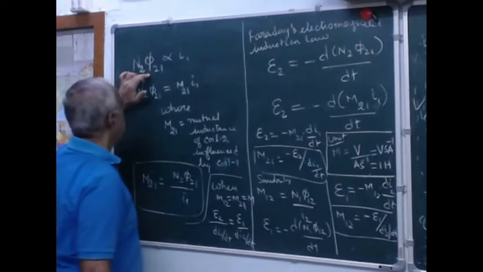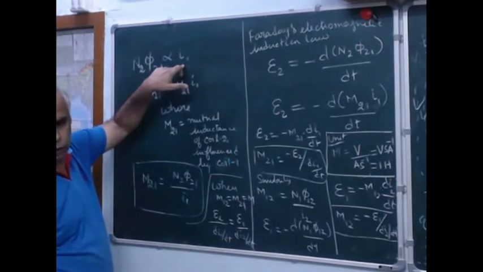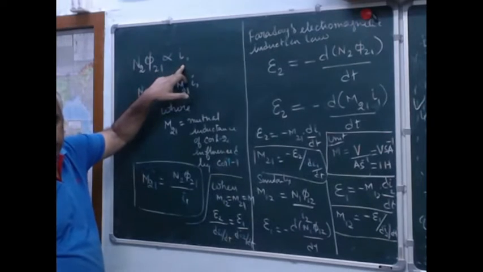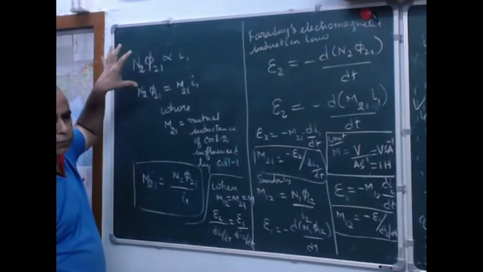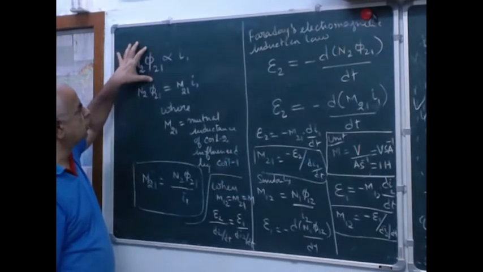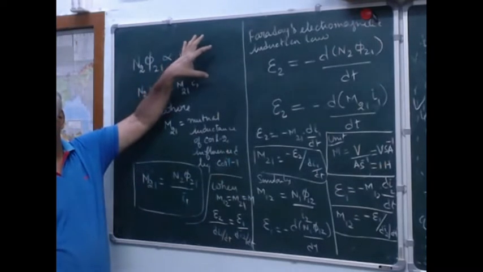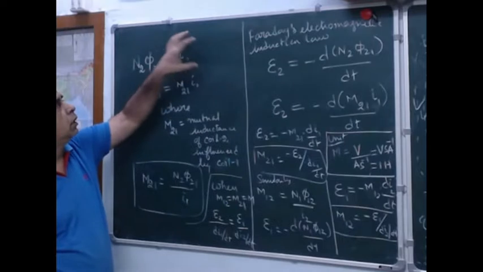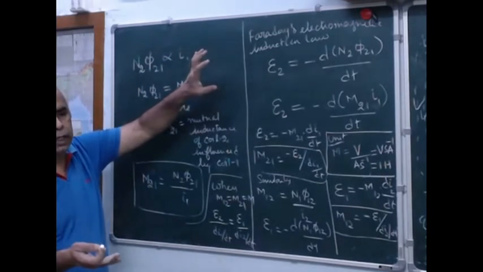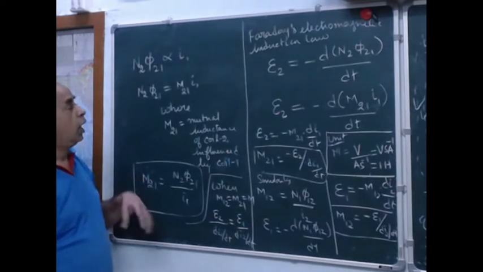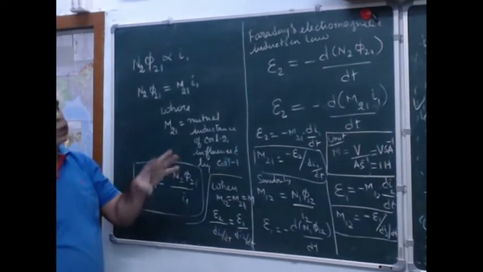N2 phi 21 is directly proportional to I1. Are you able to follow? Yes. What is I1? The current given in the first coil. So the magnetic flux induced by the first coil depends on the amount of current passing through the first coil. When you increase the current, naturally magnetic flux will be increasing. And not only that, it also depends on the number of turns of coil, and that is why I included